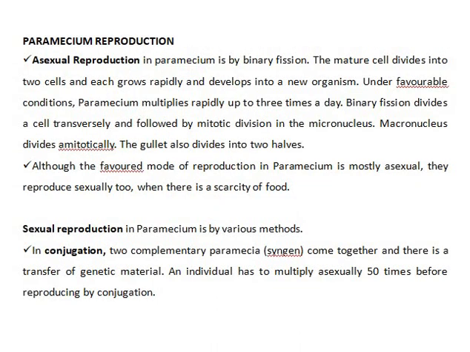Paramecium reproduction: asexual reproduction, and the other one is sexual reproduction. Asexual reproduction in Paramecium is by binary fission. The mature cell divides into two cells and each grows rapidly and develops into a new organism. Under favorable conditions, Paramecium multiplies rapidly, up to 3 times a day. Binary fission divides a cell transversely, followed by mitotic division of the micronucleus. The macronucleus divides